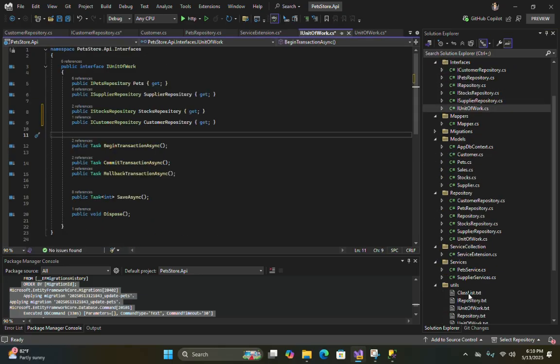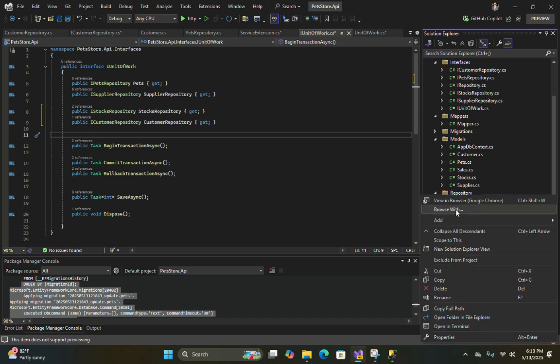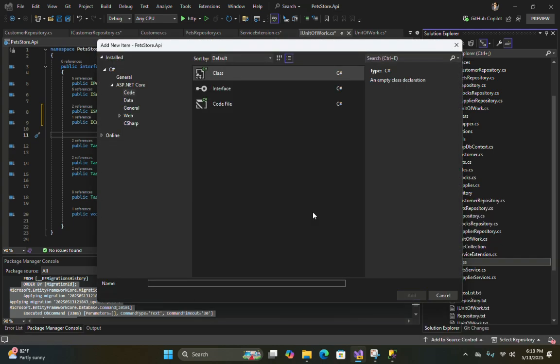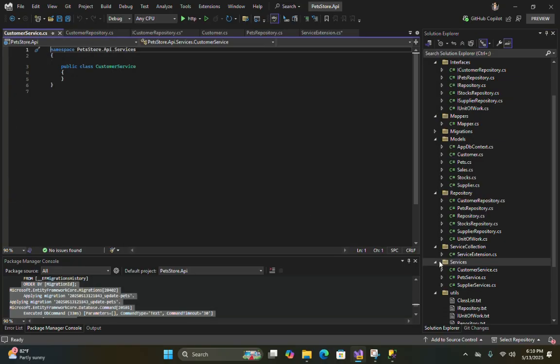Now let's make the customer service, which will help in performing CRUD operations in the customer table. Customer service, right? Customer service, that's yes.